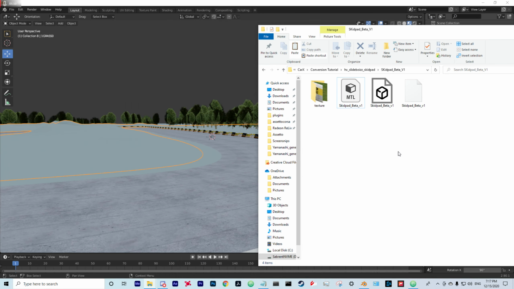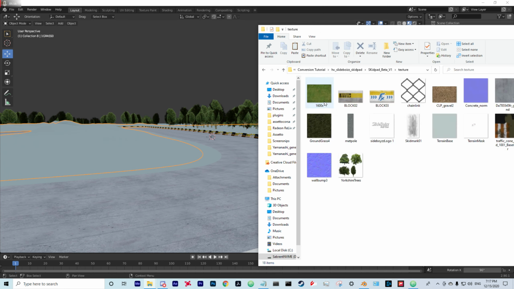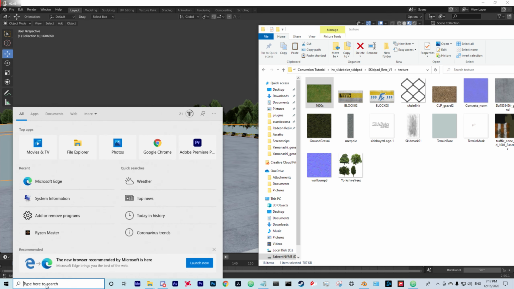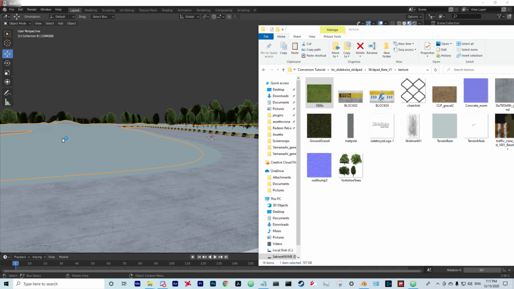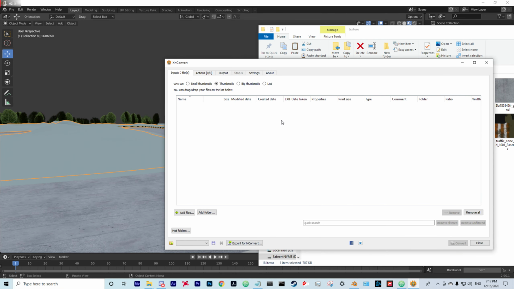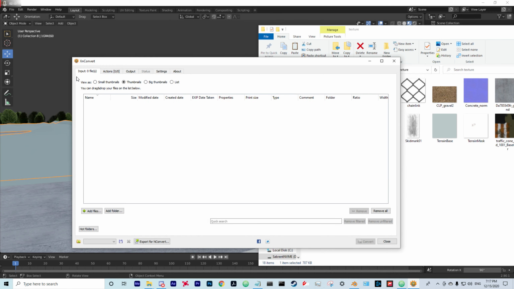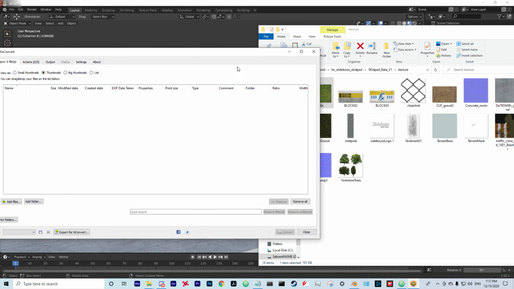All right, before we actually run this map in CarX, we're going to want to go ahead and convert any sort of DDS, JPEGs, BMPs, anything that's not a PNG into a PNG. And to do that, you want to use XnConvert. Go ahead, open up XnConvert. So here we are on input. I'm going to take,